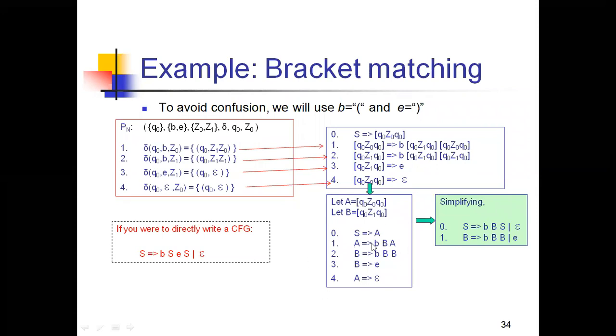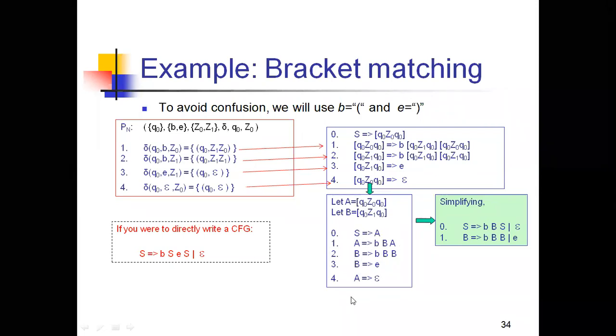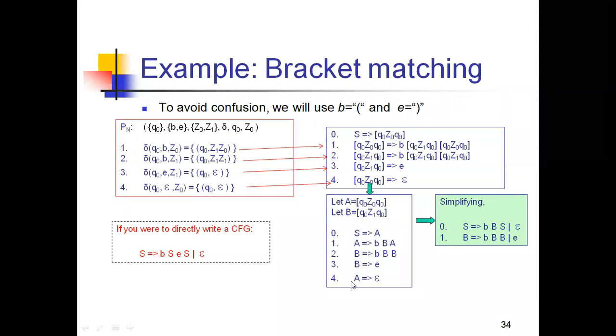Now we are creating the grammar like this. That means it is a context free grammar. We are creating the context free grammar like this. So finally, we have the rules like this, right? Now from this, we have some unit productions and some epsilons, so you need to remove all those.